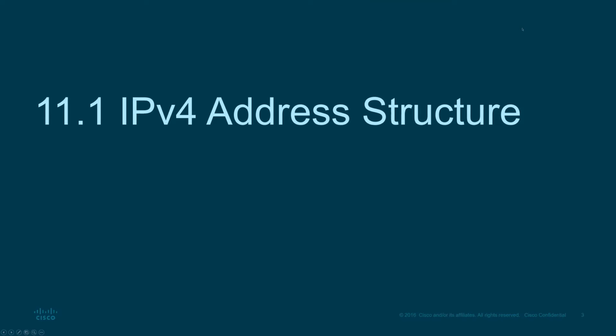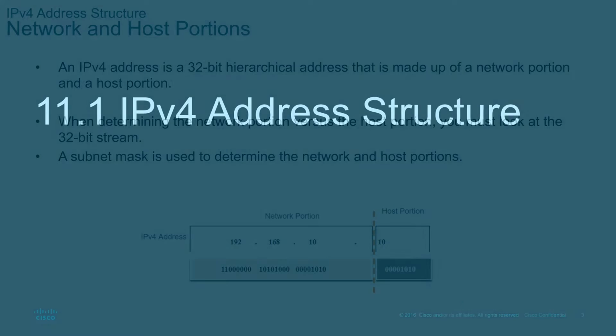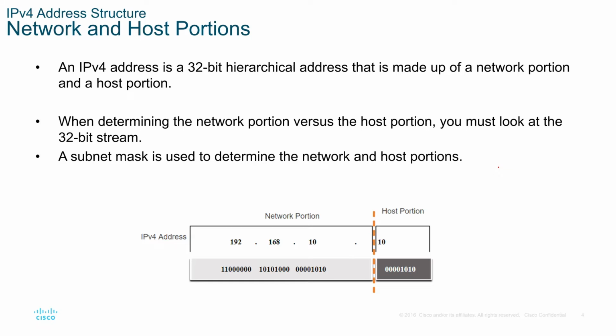First, we will go through the address structure of an IPv4 address. An IPv4 address is made up of 32 bits. It is a hierarchical address, and you have two portions, a network portion and a host portion. The network portion is used to get a